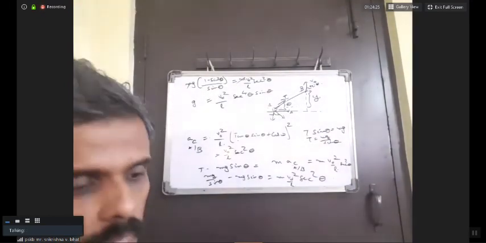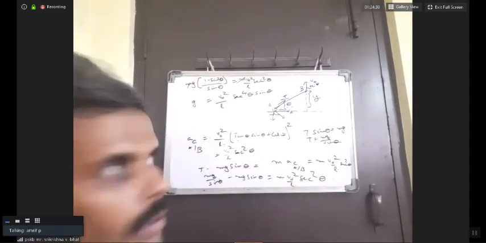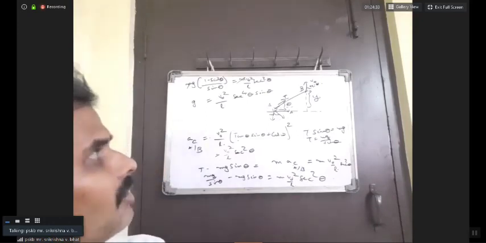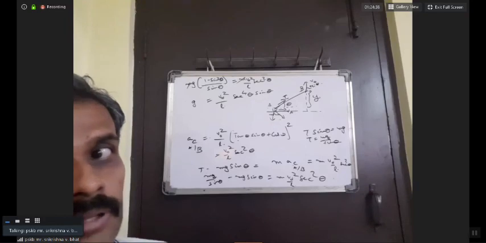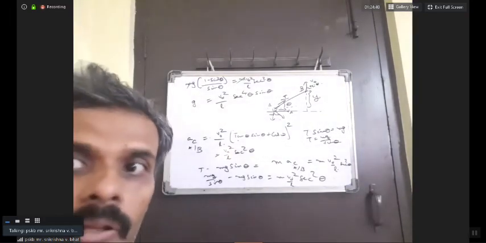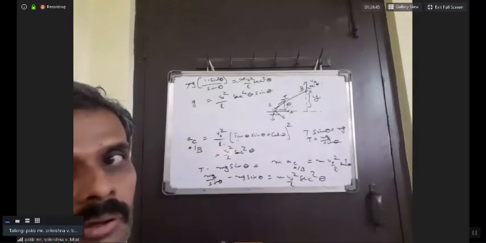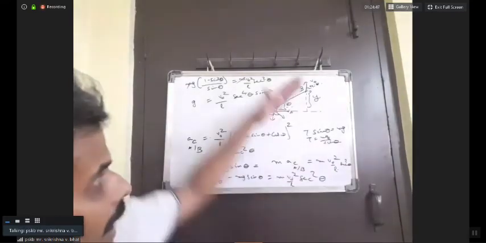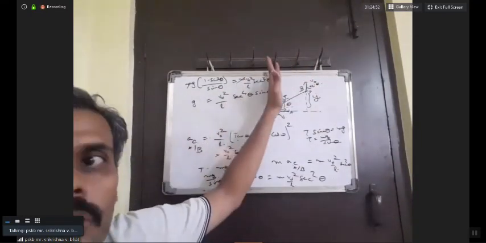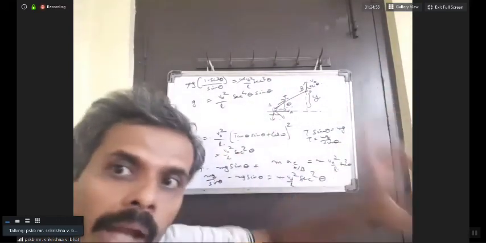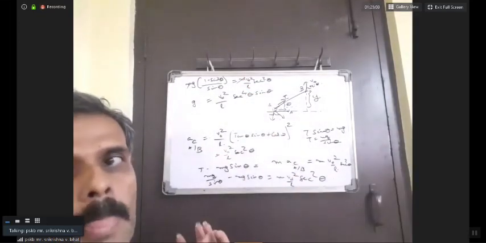Sir, acceleration of A with respect to B has a vertical component also. Yes. See, I am not equating. I'm not taking acceleration of A with respect to B and equating its vertical component to 0 here. So I think you're trying to get me wrong here. I'm not taking acceleration of A with respect to B and taking its component on the vertical and then equating it to 0. I am directly equating acceleration of A with respect to ground in the vertical direction to 0.